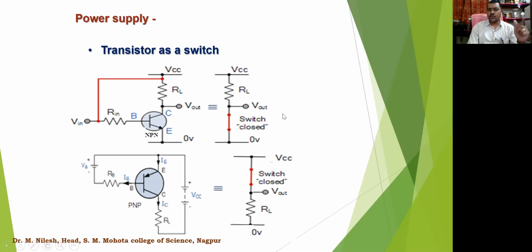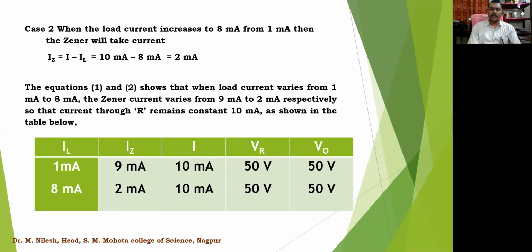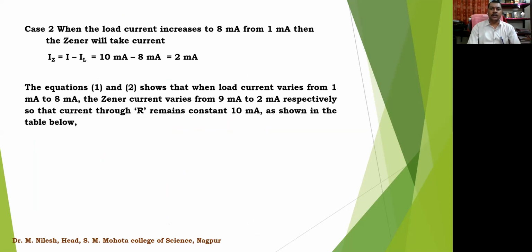So in the second situation, when the input is at high potential, the base emitter junction is forward biased, the transistor conducts, that is, the transistor is on, the current flows through the transistor, and the output voltage will come down to 0. Right? This is how a transistor works as a switch. I have repeated this, and in the next class we will be repeating it again for you. I hope you have got this, and if you have any queries, you can ask me.